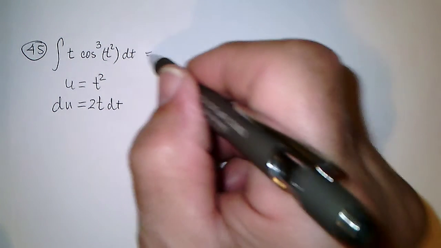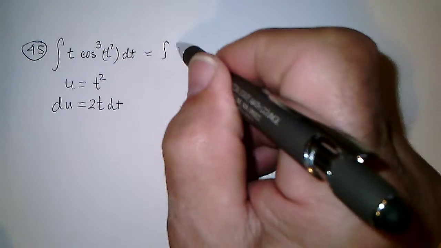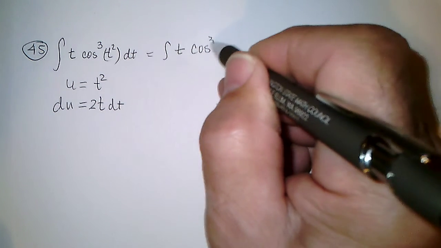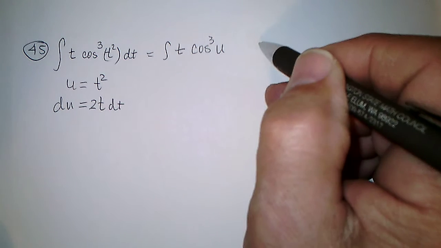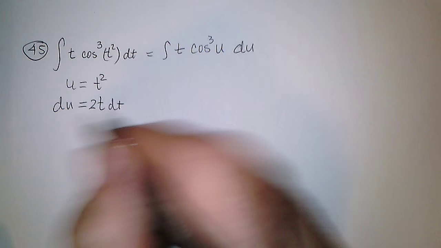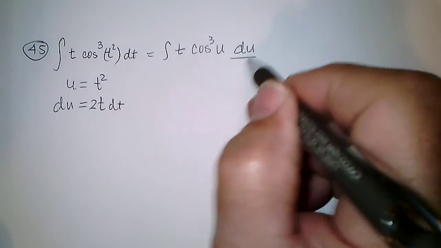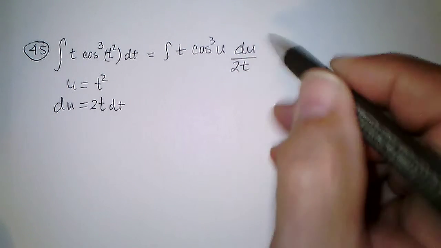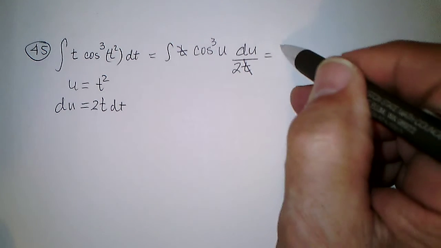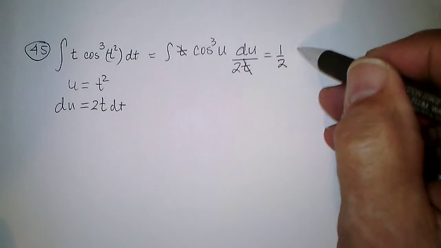So I'd get the integral t cosine cubed of u, and du over 2t is what dt will be replaced with. And the t's will cancel, and I get 1/2 integral